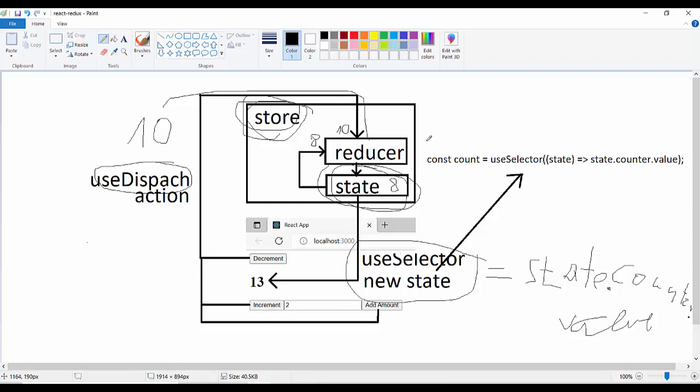Immer library will copy 8, and that copy plus adding 10. And don't touch the original 8, but touch the copy, 8 plus 10, and this 8